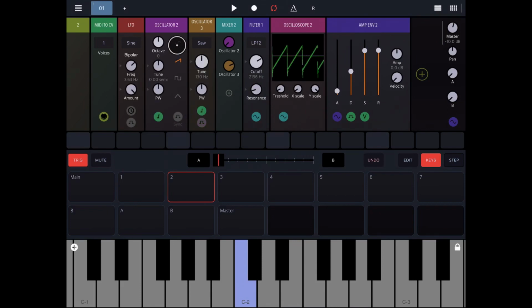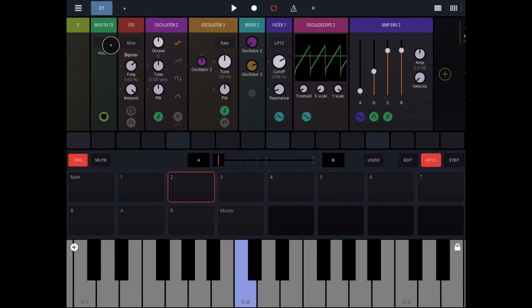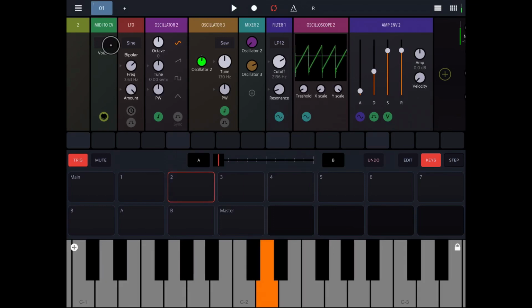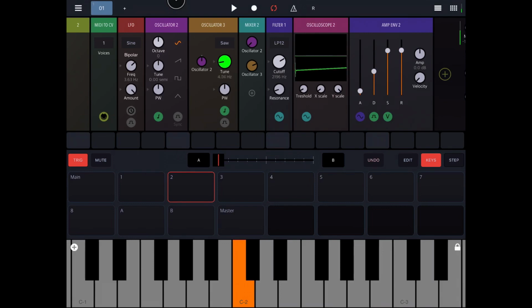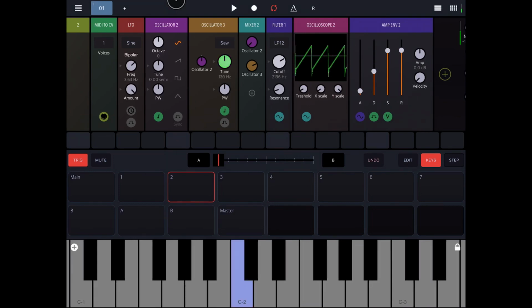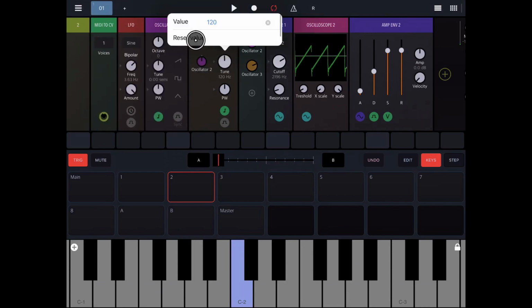What if I wanted to do FM? FM is frequency modulation. I can modulate the tuning with another oscillator. So if I do that, now you're going to hear it going out of tune. I'm not an expert at this, but my understanding of the reason it's going out of tune, I think it's a linear FM. And that means the way this knob works, in terms of how the CV is affecting the pitch or the knob position,